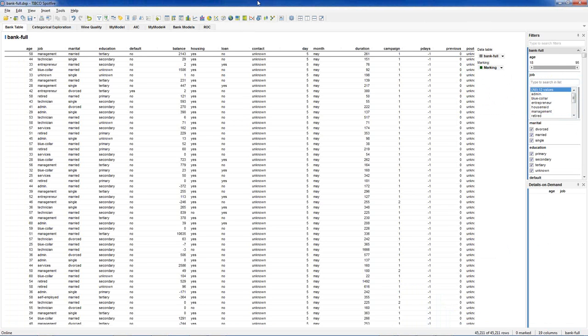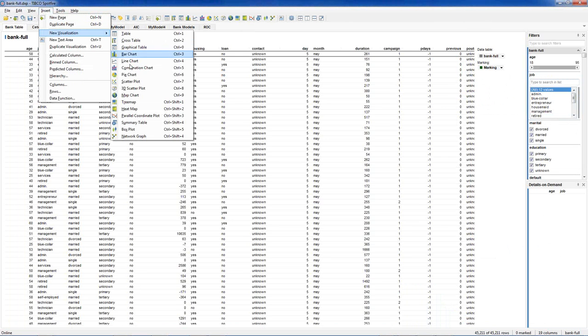They know how much balance they have on the account, and then they gave them an offer for a specific kind of savings account, and then they captured whether or not the people opened the account. So one of the things, it's easy to look at the relationship between numerical variables. It's not so easy to look at the relationship between categorical variables. And that's what I'd like to show you right now.